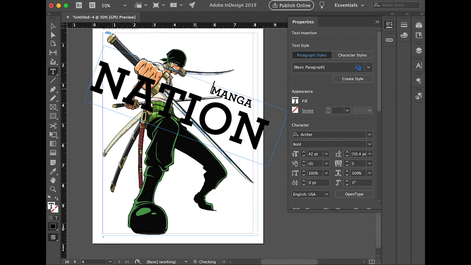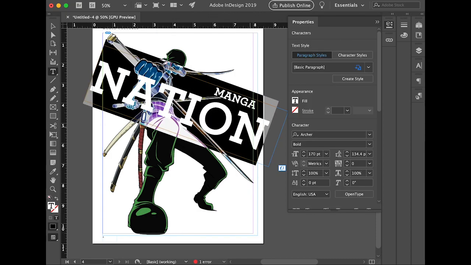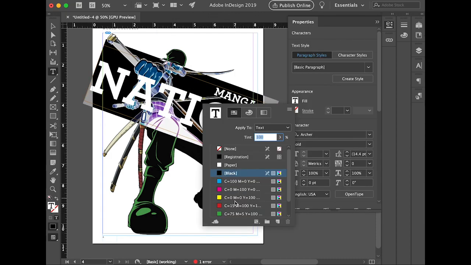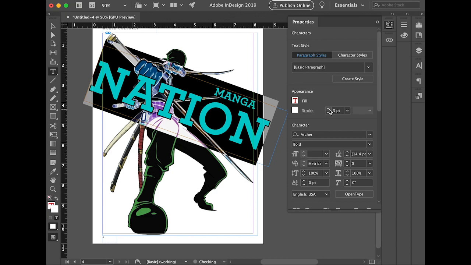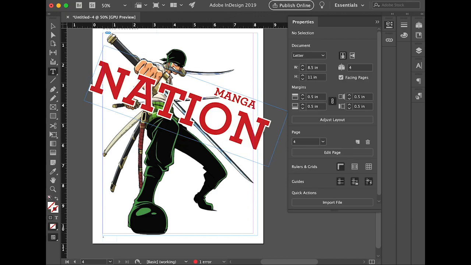I know that's not technically the best, but I'm just running with it right now. Okay. And I'll put a stroke on it of white. And I might move that up a little bit. And then lastly, I'm going to put a 2-column bit